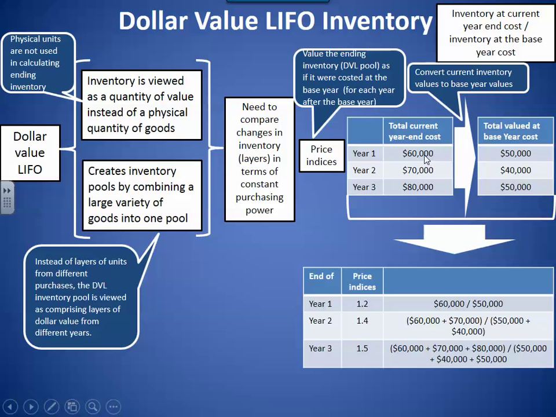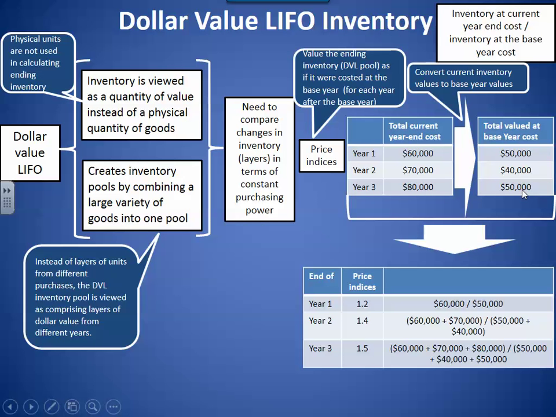When we take those costs and convert that inventory back to as if it was produced and valued in a base year, that cost would be $50,000. In year number 2, we have a current value of $70,000. Again, if we converted that same inventory back to our base year cost, it would have been valued at $40,000. Year number 3, $80,000 current year value, and if we converted that inventory back to a base year,